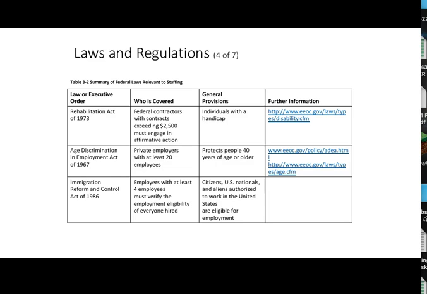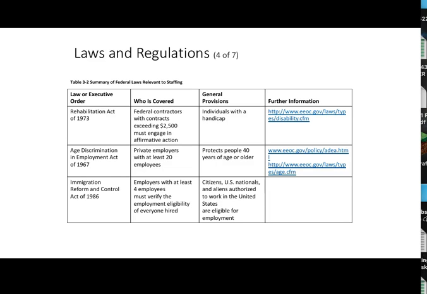On this page, we have the Rehab Act of 1973, the Age Discrimination in Employment Act in 67, and the Immigration Reform and Control Act in 86. And we'll start with the Rehab Act. The Americans with Disabilities Act was largely modeled against the Rehab Act. But what the Rehab Act does is it orders federal contractors to engage in affirmative action to hire individuals with a handicap. And then what we realized, in the time between 73 and when the ADA was passed in 1990,